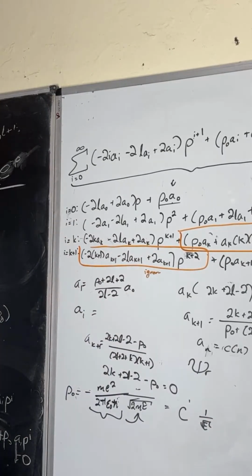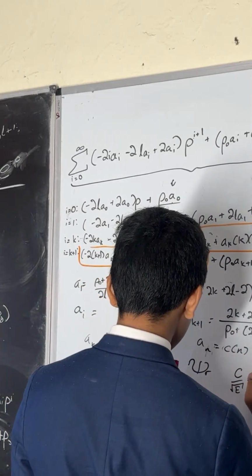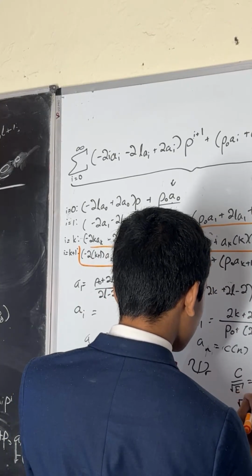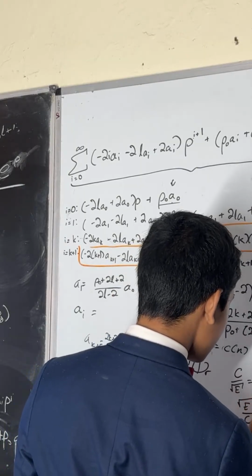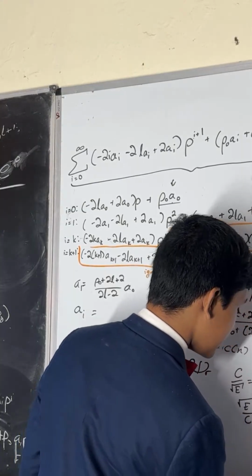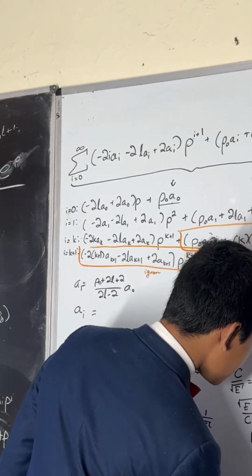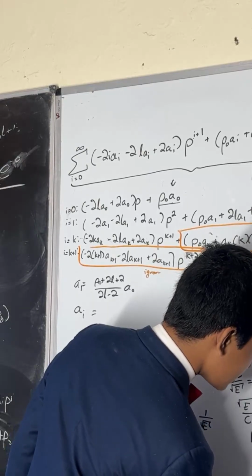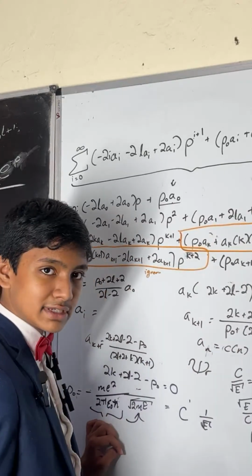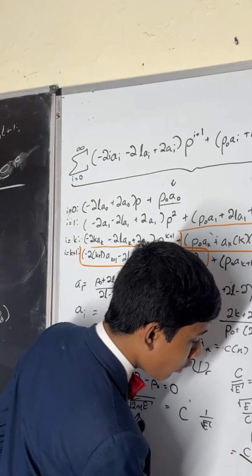Now what do we get? Well, c over the square root of e is equal to 2k plus 2l minus 2. And so the square root of e over c is equal to 1 over 2k plus 2l minus 2. And the final straw is e is equal to c squared over (2k plus 2l minus 2) squared. And now recall that k is the series index. So at the end of the day, this is what? It's c squared over